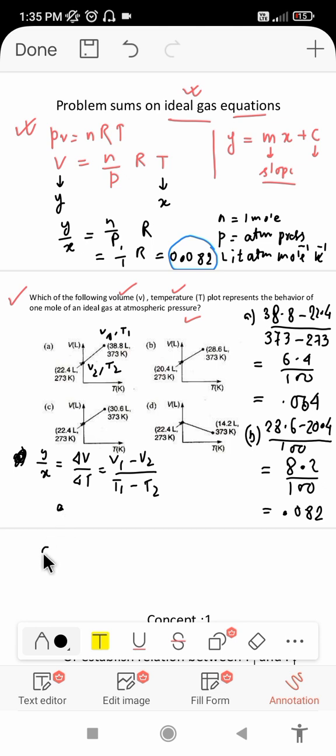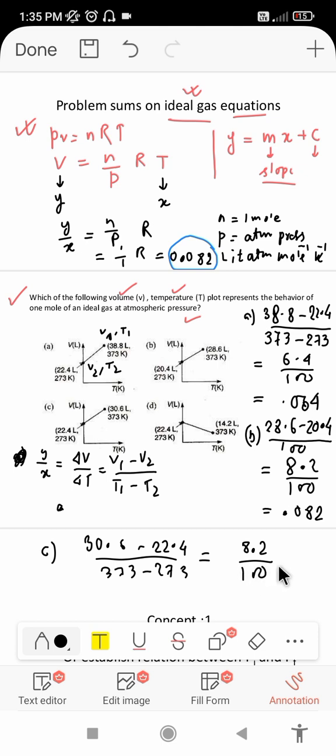In case of C, 30.6 minus 22.4 divided by 373 minus 273, here also 373 minus 273, that will come nearly 8.2 divided by 100, equals 0.082. Now, as we can see, this D option has a negative slope, but from the given condition and from the